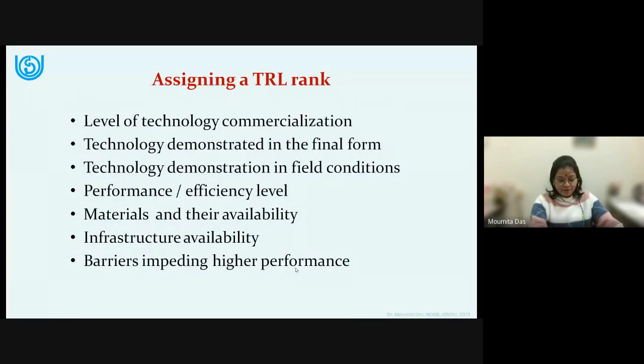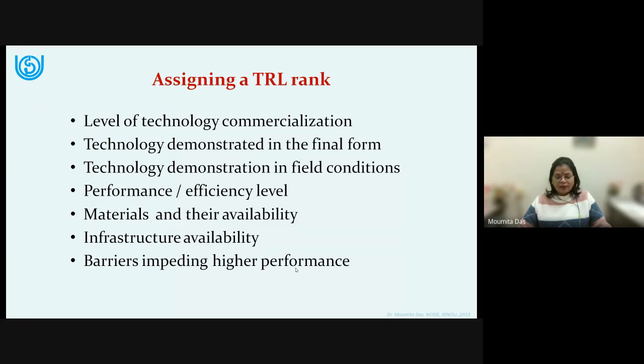When an investor comes and tries to look at your product, what questions would they have in mind when they are trying to assign a TRL rank? They are trying to understand your product, at what level it is at present, how many steps there would be, and how much work will go into getting the final product into the market. So they have a lot of questions. What kind of questions would somebody ask when they want to assign a TRL rank?